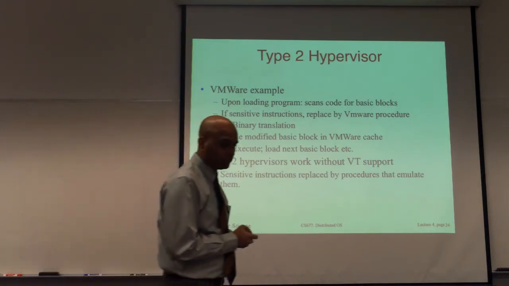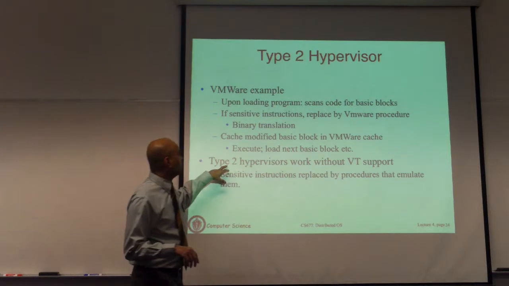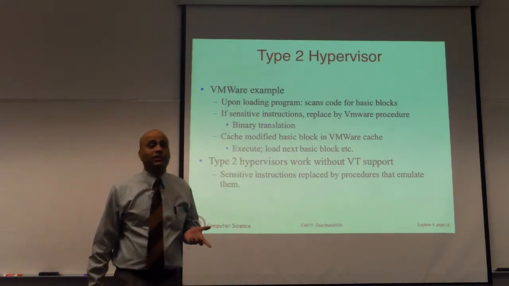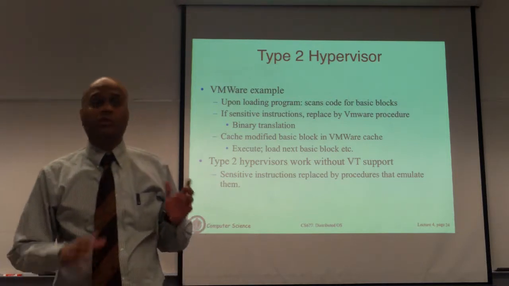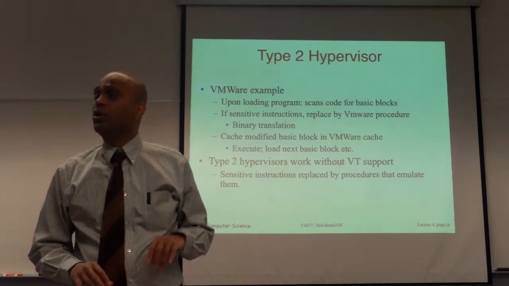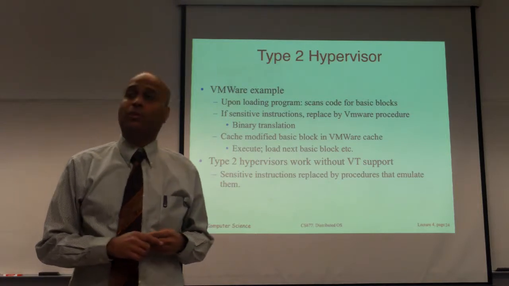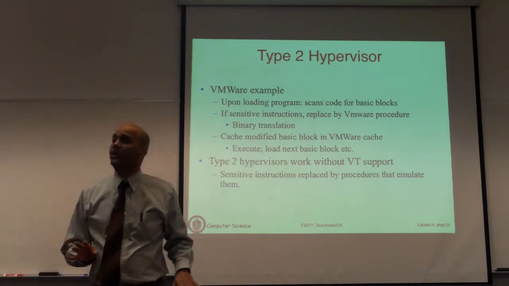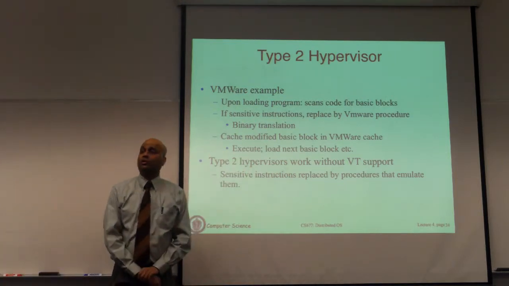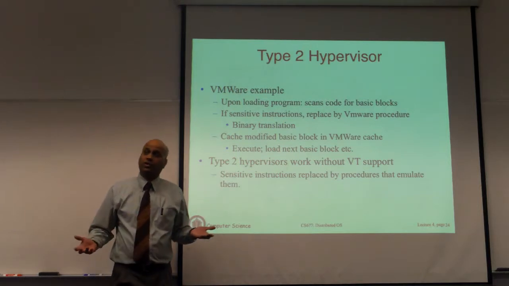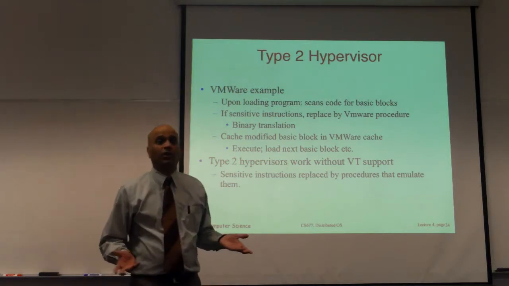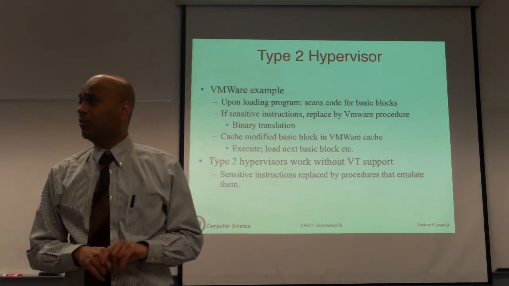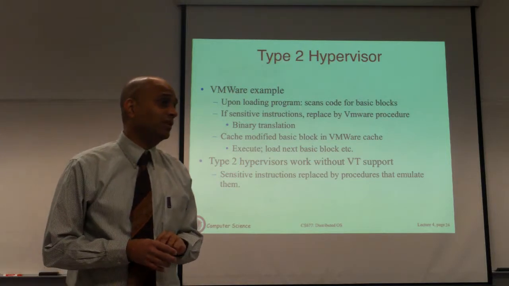Now it goes without saying that because you're doing this translation, you don't need any specific hardware support which you needed in type 1 virtualization. You needed specific support from the CPU so that whenever you performed any sensitive operation, you triggered a trap which caused you to go into the hypervisor. Here you no longer need anything like that, which allows you to run your type 2 hypervisor on any CPUs that have the same instruction set. You don't need any specific support like VT support that I was talking about. VT stands for virtualization technology.